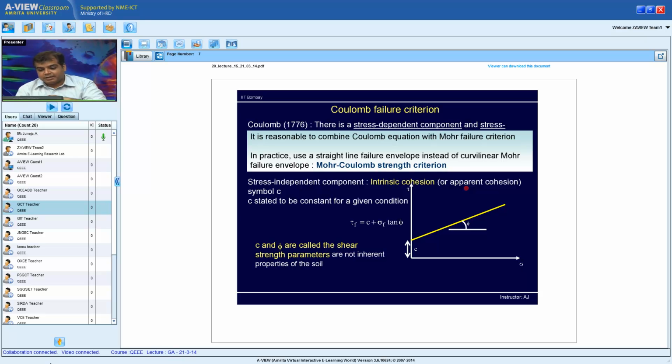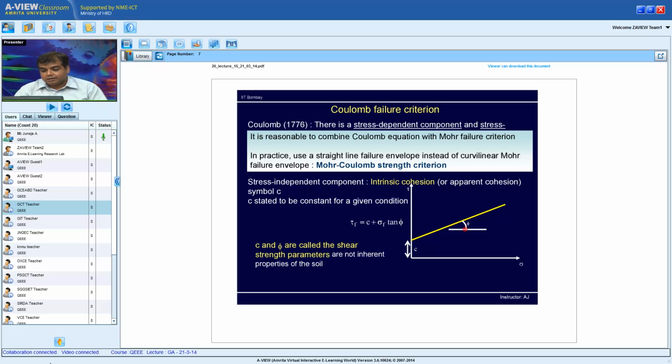Unfortunately, Coulomb did not realize in that period that true cohesion of soil can be 0. But nonetheless, even in the majority of textbooks today, we faithfully follow Coulomb's concept of cohesion. So if I want to plot the findings of Coulomb in our tau versus sigma plot, which we are familiar with, what Coulomb said was there is a stress independent component. That is the value where the stress is 0. So I have a constant value of C, which is my cohesion, and the envelope is inclined at an angle